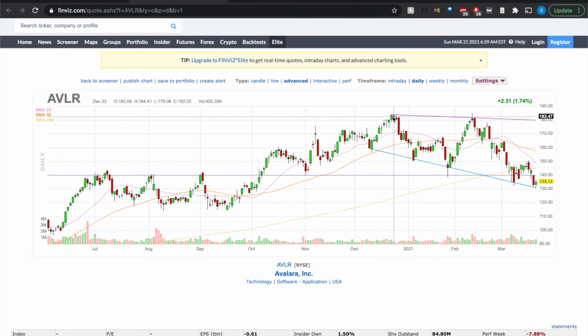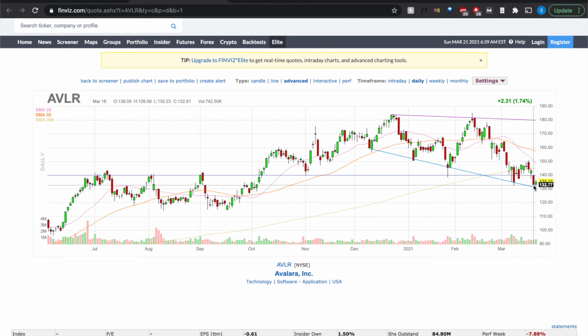So if somebody is getting into this position at 180 levels, they are at an inherent disadvantage, because you're already buying something at a premium and then you're expecting it to go even higher to make you a profit. Whereas this is basically what I would prefer to do: get in at around the 140 levels. And so I know, okay, even if the stock doesn't make a new high, it just manages to barely go up to its previous highs or not even reach there, I still have a lot of scope to make profit. And even if the stock goes down,